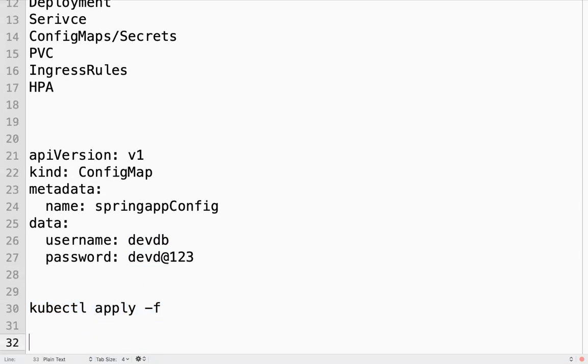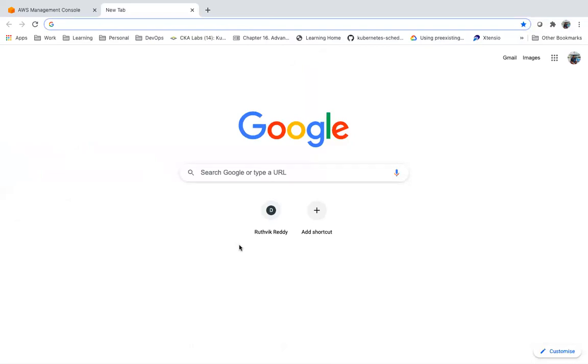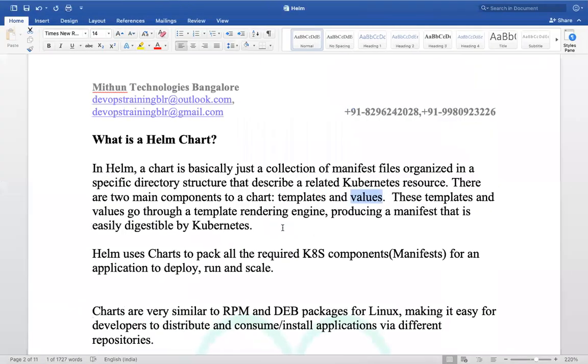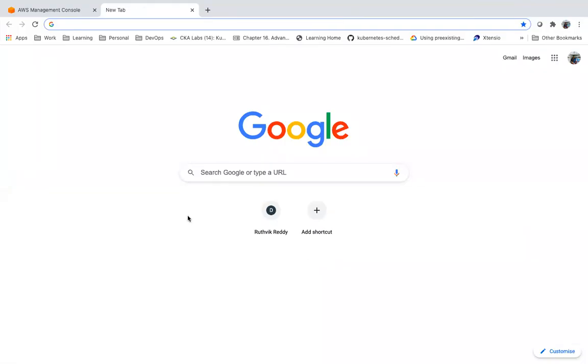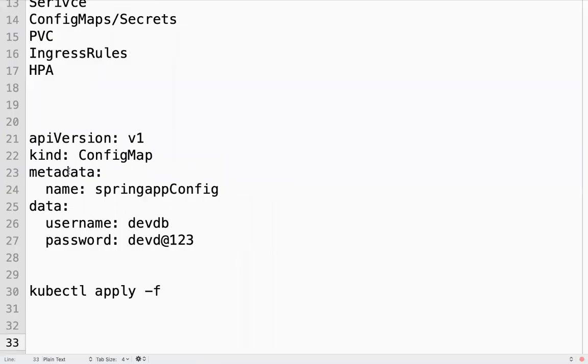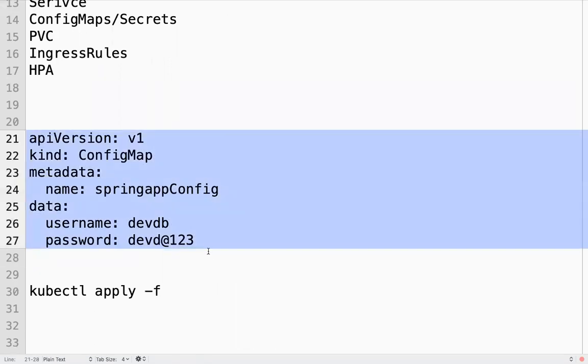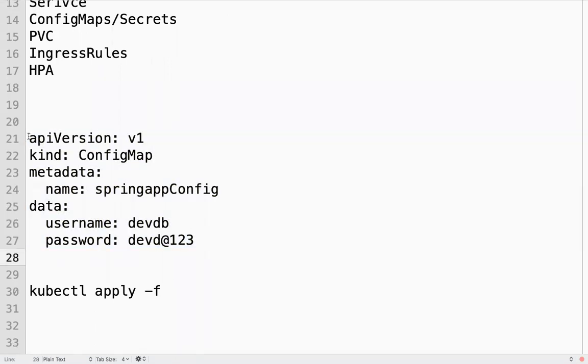But when I go for a Helm chart, this Helm chart basically consists of two components: templates and values. What is a template here? I can call this a template.